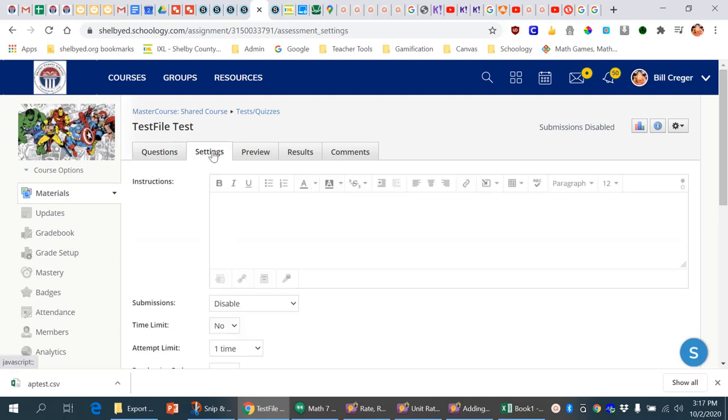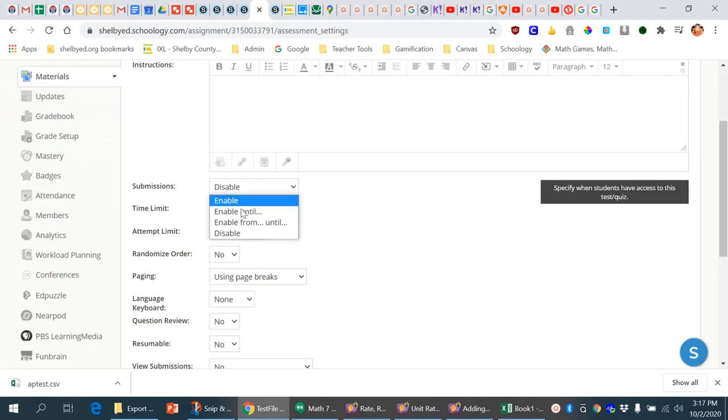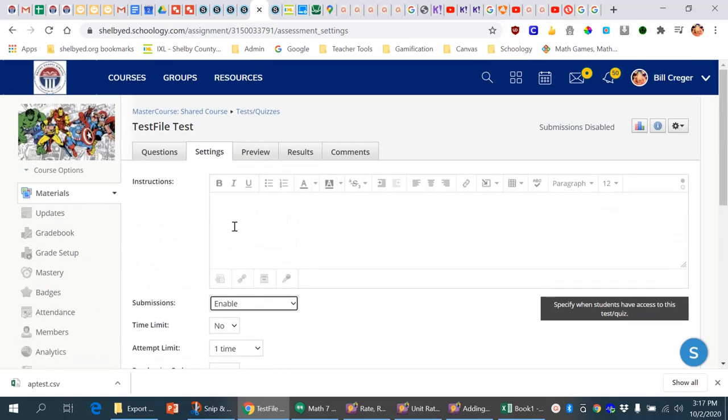So then all I have to do is do the settings, create a description, make sure that you enable submissions, and go from there. So hopefully that's helped you out on how to create